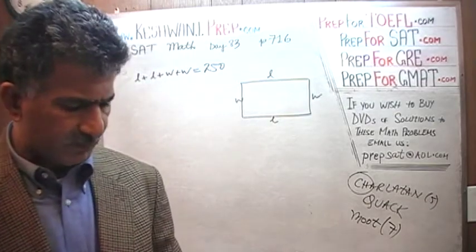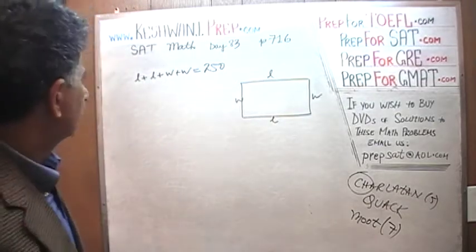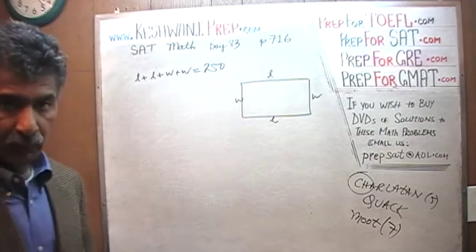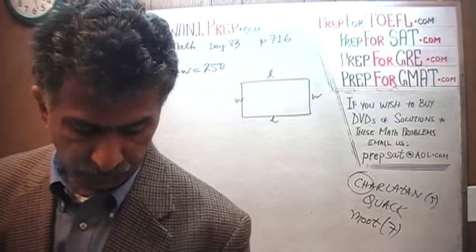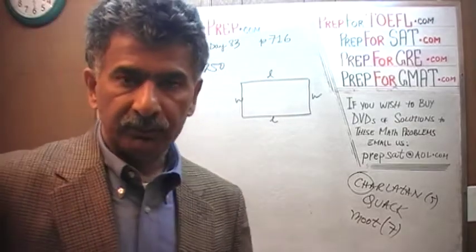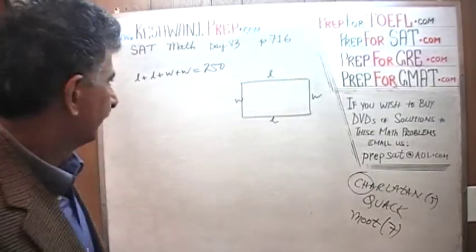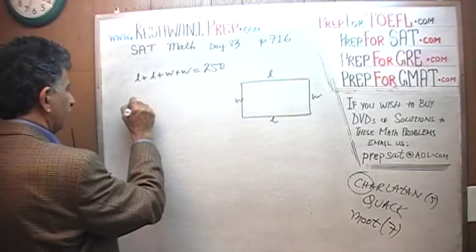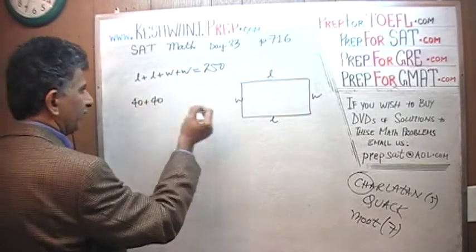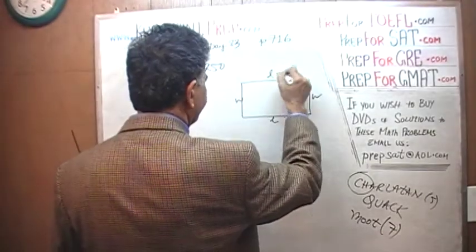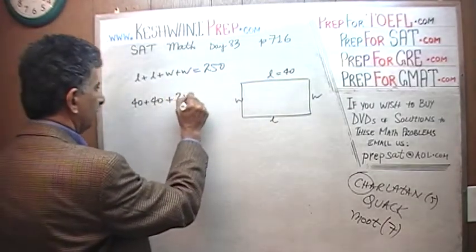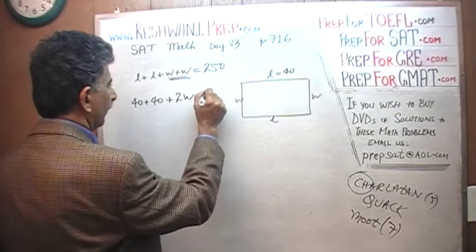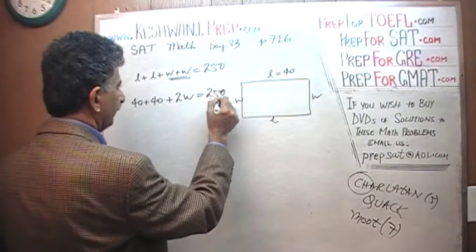If the length of one side of the plot is 40 meters, alright, so length of one side of the plot is 40 meters. What we do not know is whether it's the length or the width. We have no way of knowing it. So we're just going to pretend one and see what happens. So if it's 40, let's pretend the length is 40. In which case 40 plus 40 plus w plus w